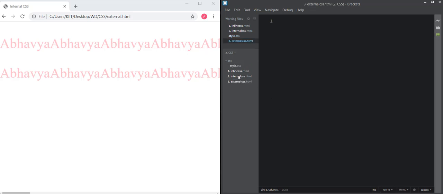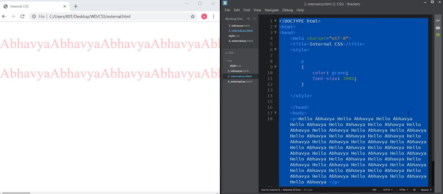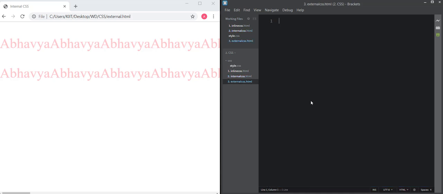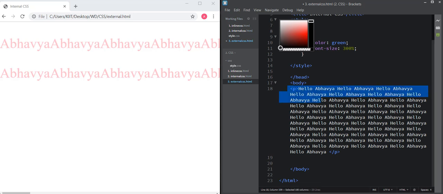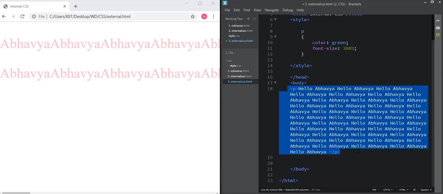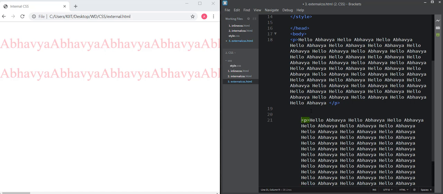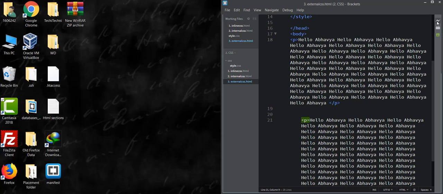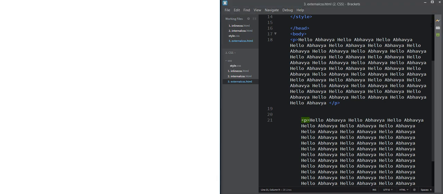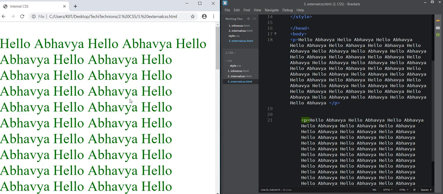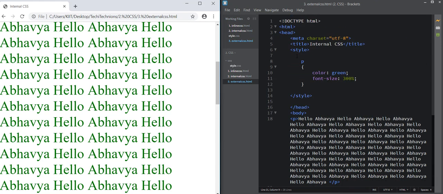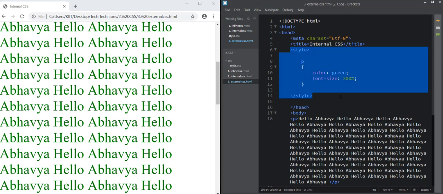Copy the previous code. I want two paragraphs here. I've already created two paragraphs. Now save this file. Click on live preview. We can see the previous styling part here, but we are going to remove this styling